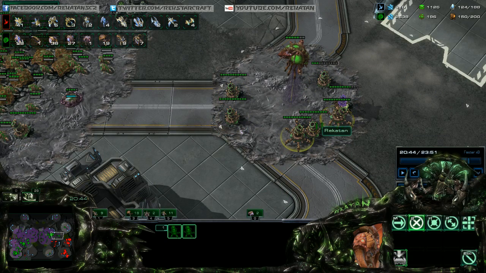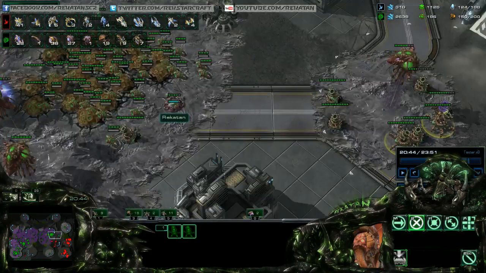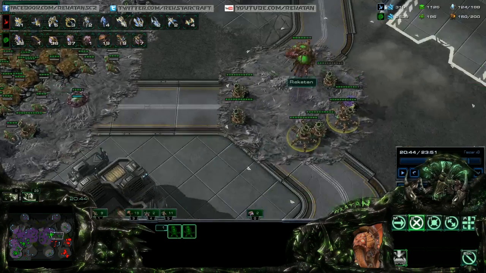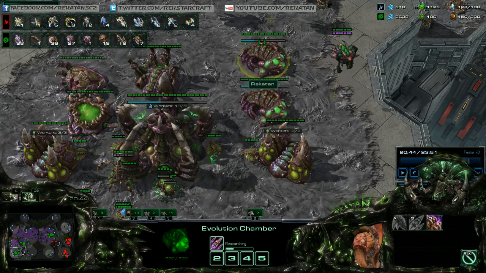I must have been control-clicking these. I don't even think about what I'm doing when I play anymore with the micro side of it. I just do it. So I must have been control-clicking these for the focus fire, because you got to make sure you're not hitting interceptors in that scenario. But optimally, what I should have done, and what I've been typically doing when I practice, is my 0 control key, which is on spacebar, is on Evo Chambers. And if we look at Evo Chambers...